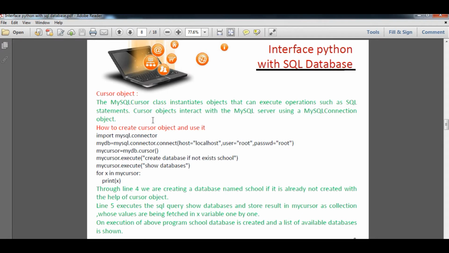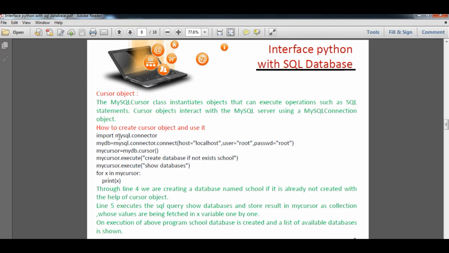So how to create a cursor? As you know, these two lines are very familiar to you. We import the SQL connector, then write the connection establishment statement, and then you create your own variable, an object named myCursor equals mydb dot cursor, where mydb is the connection object.